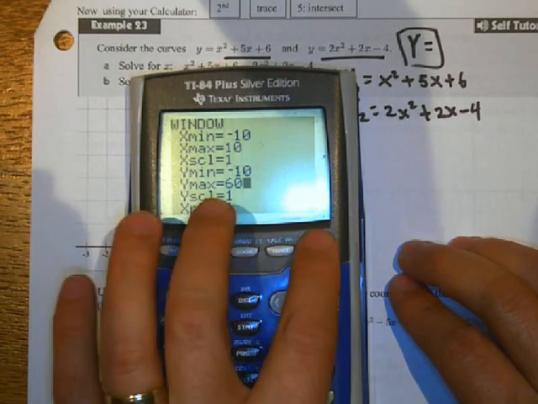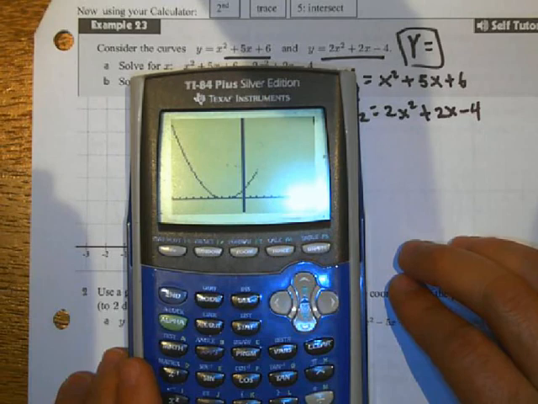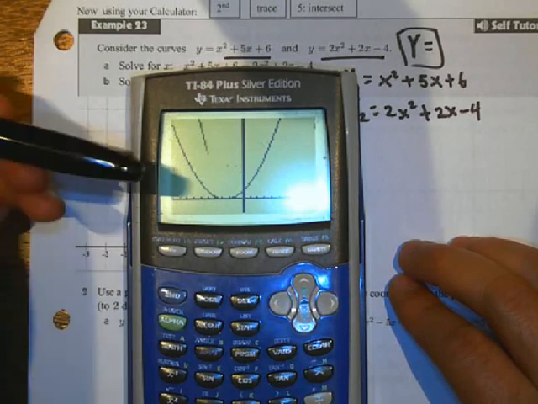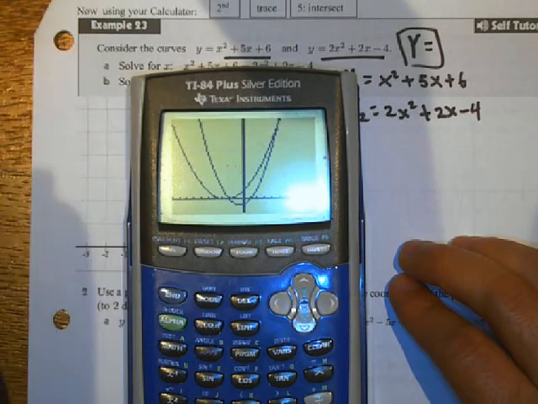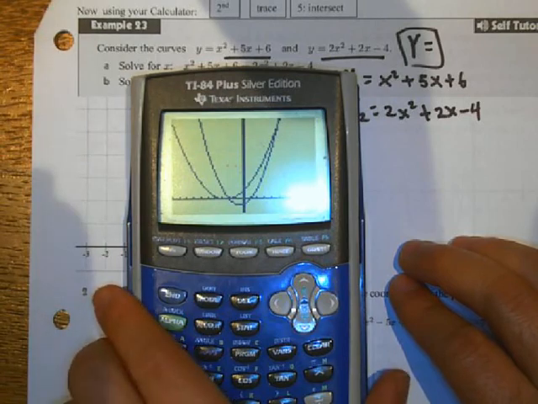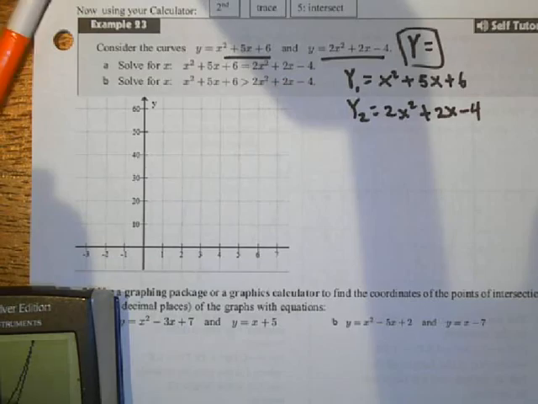And then here I'm going to make the max 60. And then if I graph that, you should see the intersection in two spots. So right there and up here. Okay, so to find out where they intersect,